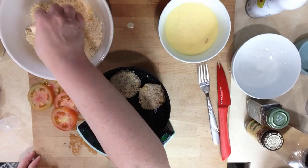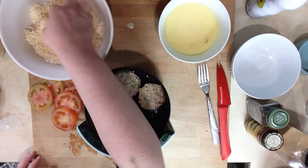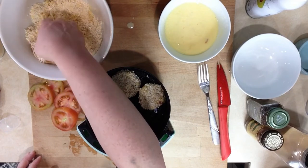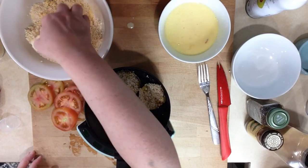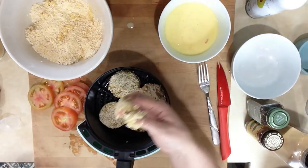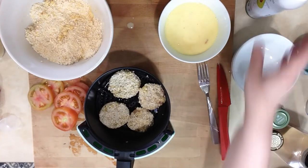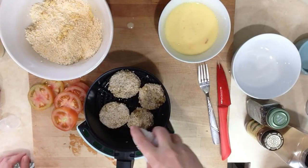So if you were smart, you'd have one hand for wet, dunking in the wet, and one for dry, but you know, I never do anything the easy way. Ask anybody who knows me. So yeah, we can fit four in there. I'm gonna rinse my hand. Now what you're gonna do is you're going to spray the top of the